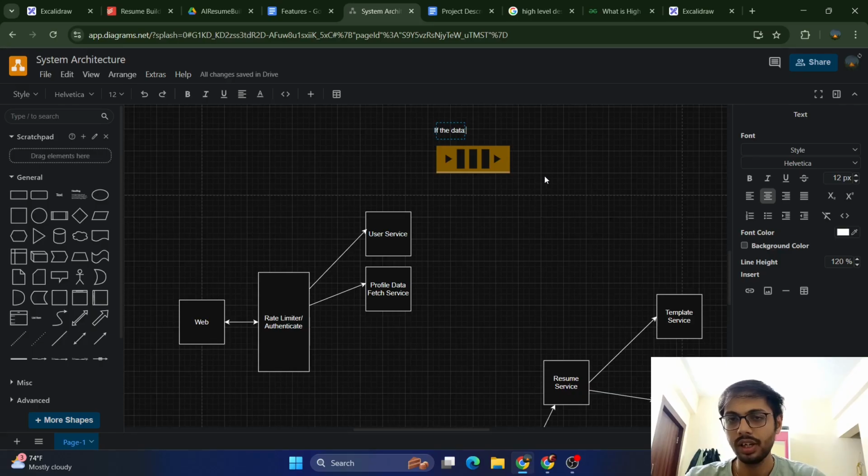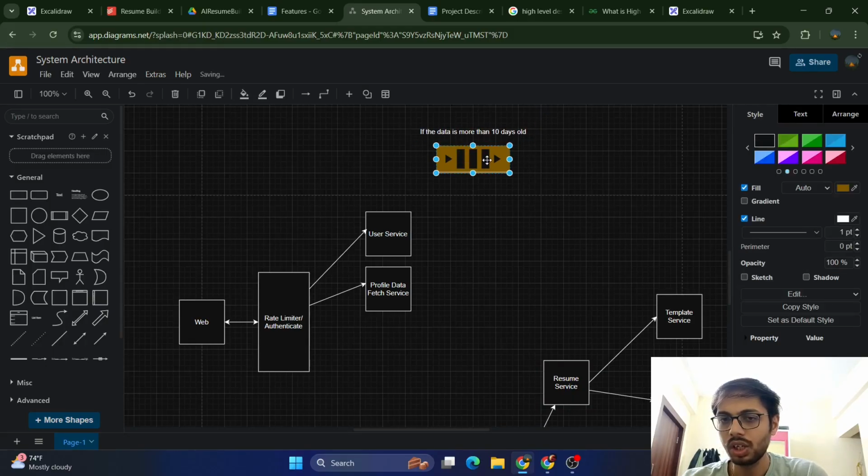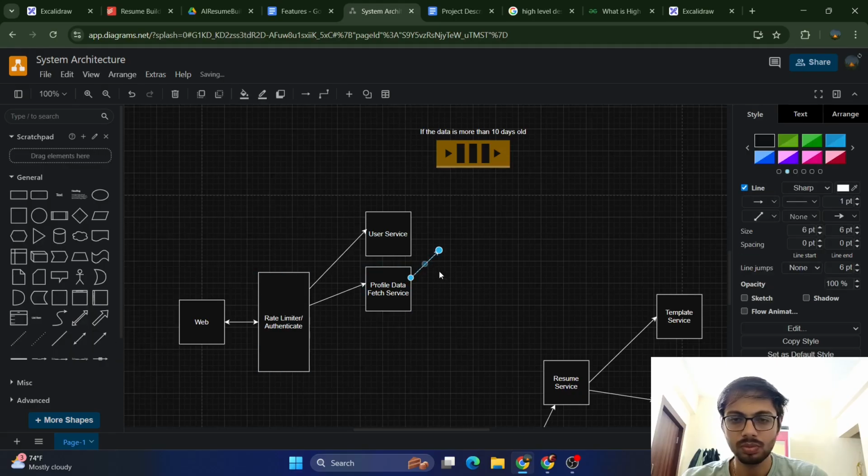If the data is more than 7 days old, or maybe initially 10 days old, तो maybe 10 days में हम क्यू चलाएंगे, जो कि प्रोफाइल डेटा को फेच करने के लिए काम आएगा। तो ये हो गया प्रोफाइल डेटा फेच का। हम बैकएंड में देते हैं।